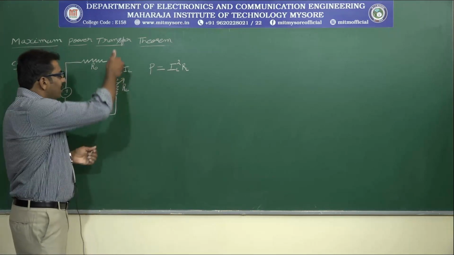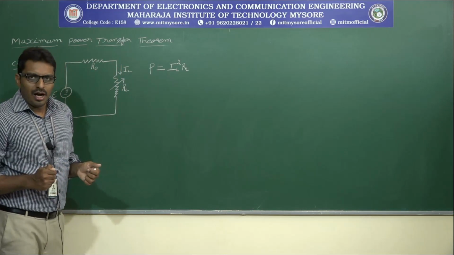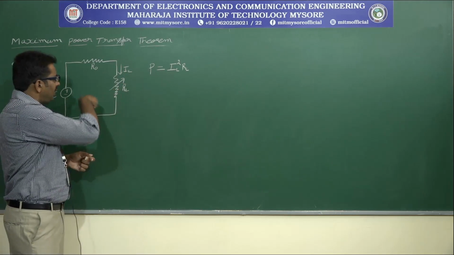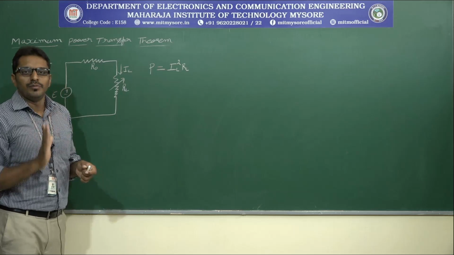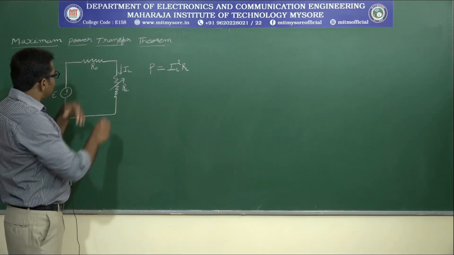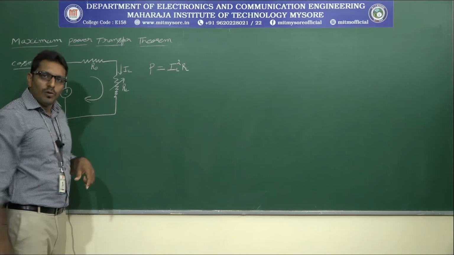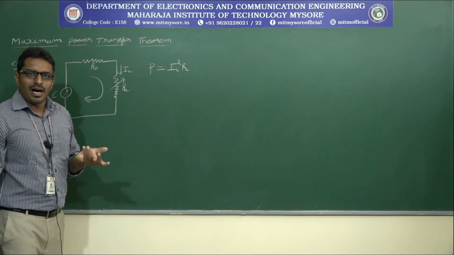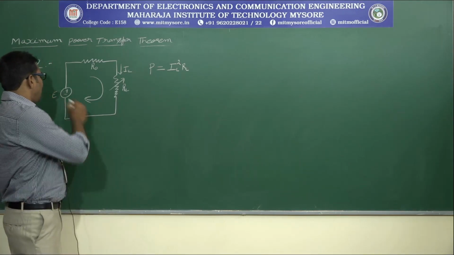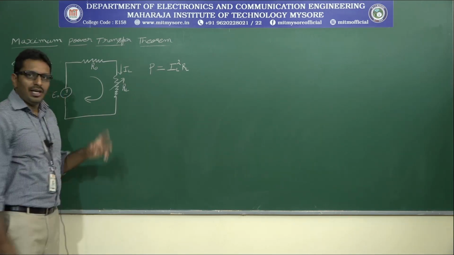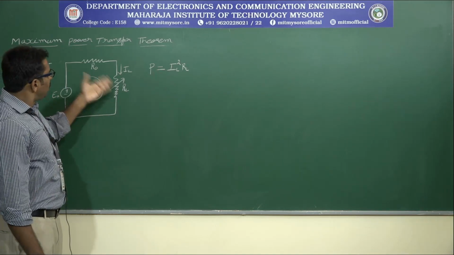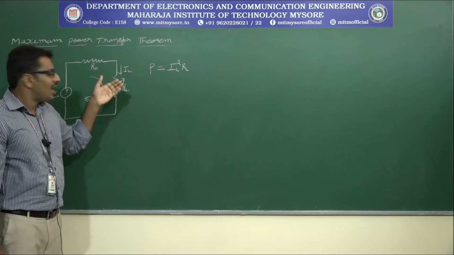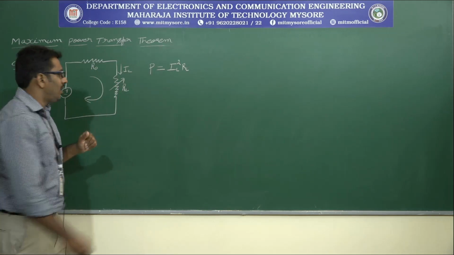What is IL? The current through this load. How can we obtain an expression for IL? It is a simple circuit because it is a single loop circuit. Easily we can find the current flowing in this loop by applying Ohm's law, I is equal to V divided by R, right? What is the supply voltage here? Let me call it E naught. E naught divided by two resistances connected in series. One is the source resistance R naught, another one is the load resistance RL.